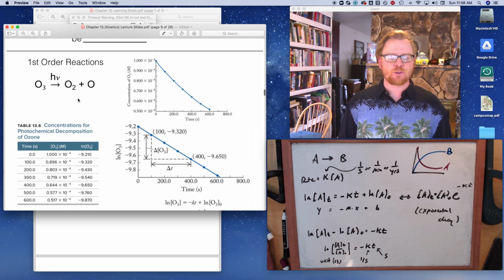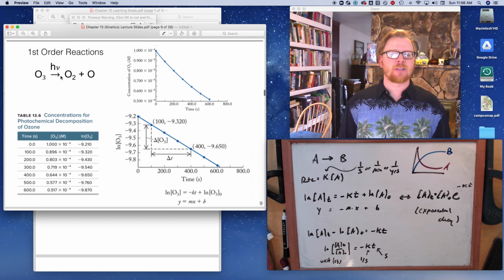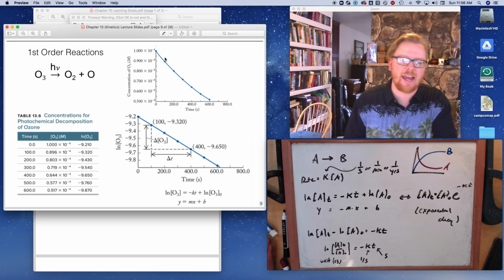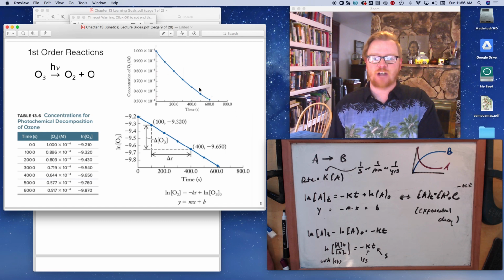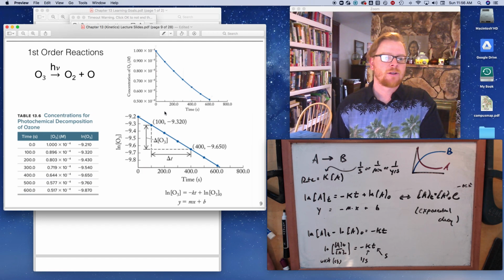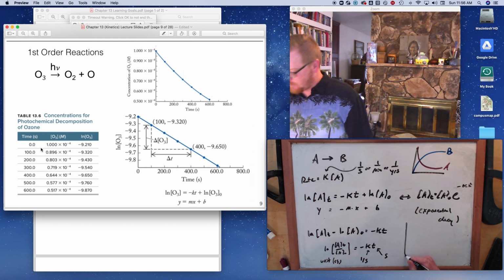Here's an example of a first order reaction. Ozone reacting with light, h nu, that stands for light, so this would be a photochemical reaction. And this graph that they're showing you here is supposed to be an exponential decay graph, though they didn't do a very good job of showing you that. But if you were analyzing this data and you didn't know if this was a first order, second order, zero order reaction, here we have the concentrations versus time,